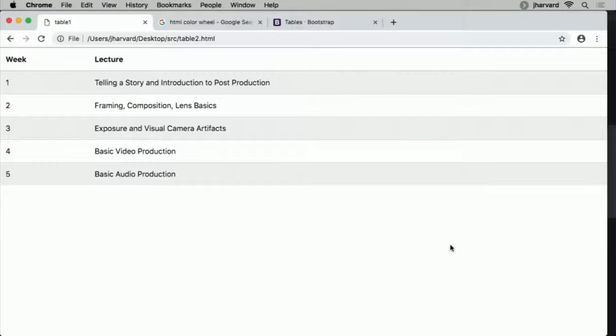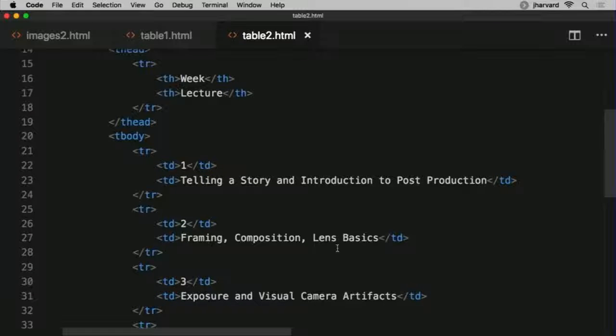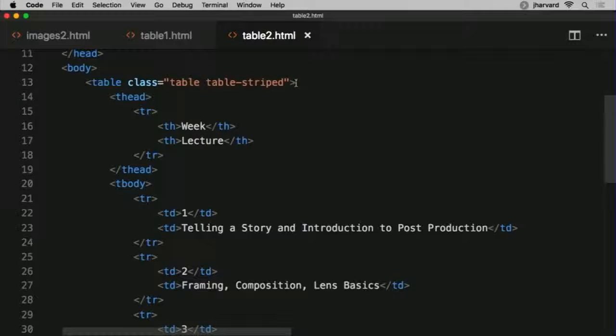How did I get to this? Well, it turns out in table2.html, my code is almost identical, except notice what I did up here. I added a class to my table tag. Before, I just said open bracket table, close bracket. But here I've said table, table striped. Those are two